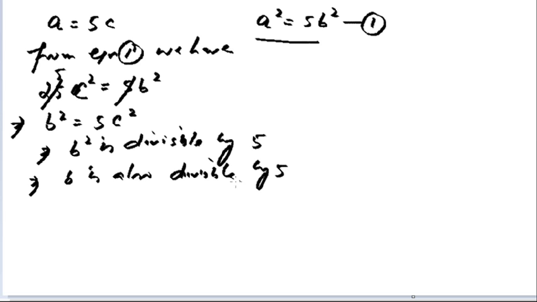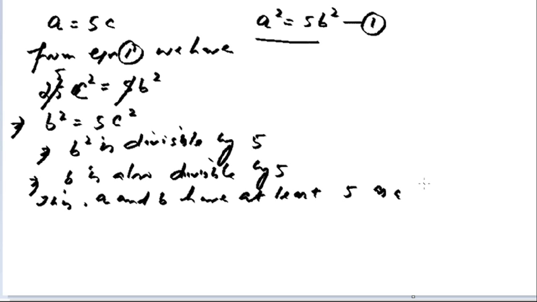obvious है बेटा. तो a में जब हमने ऐसा कहा है कि when a square was divisible by 5, it also means that a हमारा divisible by 5 है. इसी तरह से similar way b square is also divisible by 5 means b is also divisible by 5. Then we can write here, thus a and b have at least 5 as a common factor,